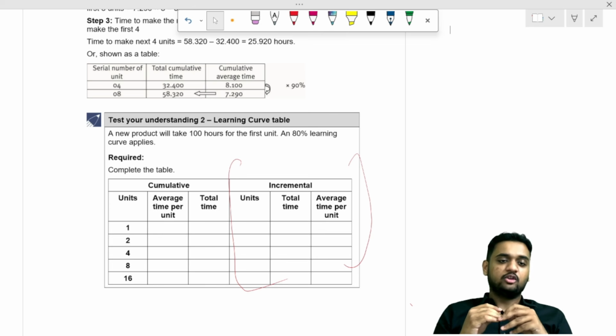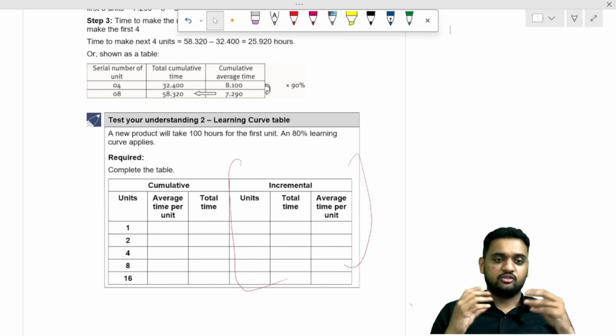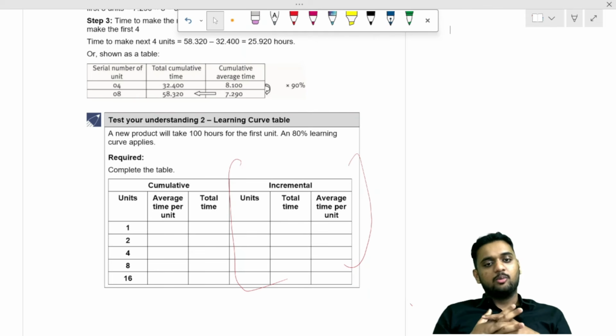We'll do one by one. First, we find the cumulative average time per unit. What is it for 4 units? 80% of 80, 64. For 8 units, 64 into 80% is 51.2. For 16 units, 40.96. This is the cumulative average time per unit if you are producing so and so units. Now for 2 units, the cumulative average time is 80, into 2 you will get the total time. For 4 units, average time per unit 64 into 4, you will get 256. For 8 units, it is 51.2 into 8, you will get